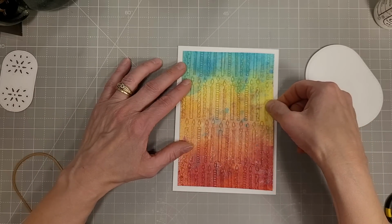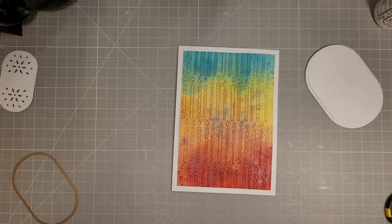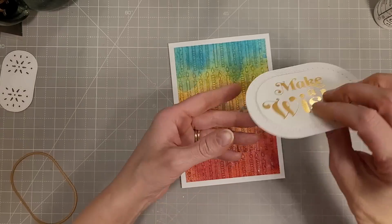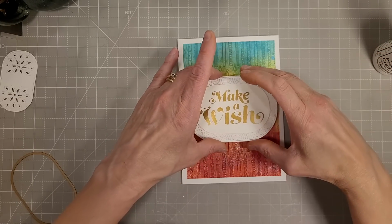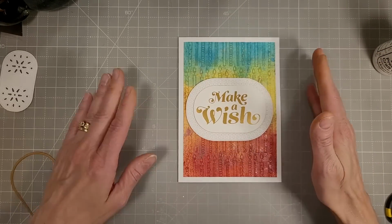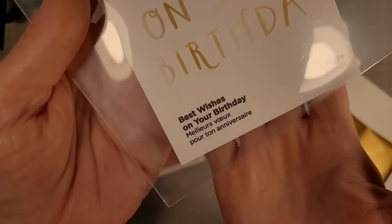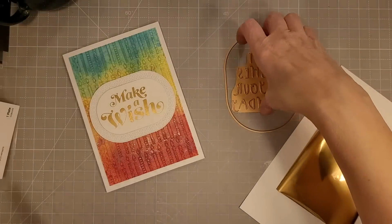I'm going to adhere the card base that was cut down to 4 3/4 by 6 3/4 with a little bit of extra cardstock adhered to the back. I find that helps the card not buckle or bend after it's dried and sat for a little bit. We'll adhere our sentiment right in the middle, and then we're going to use the Best Wishes on Your Birthday